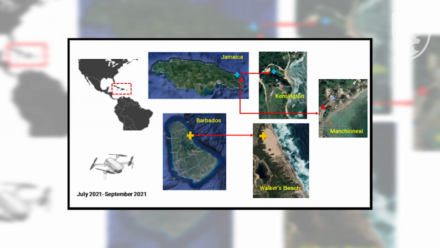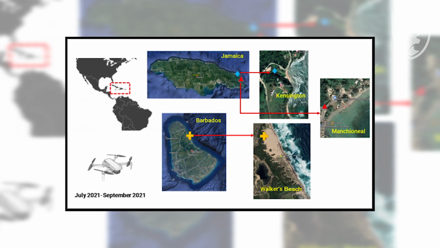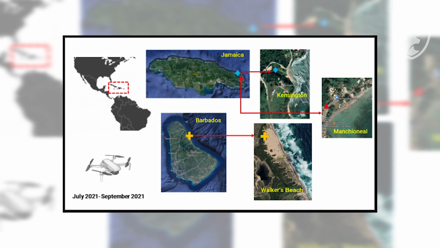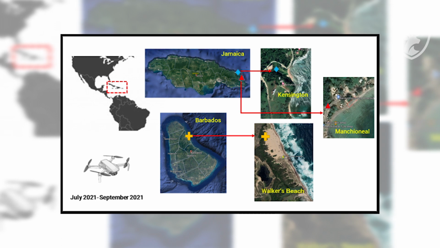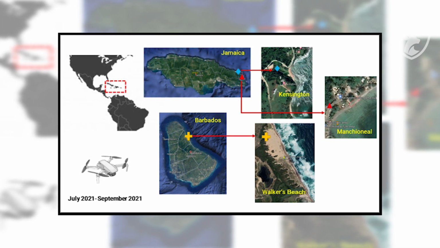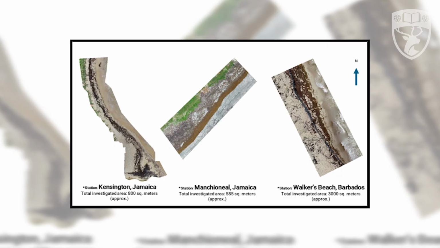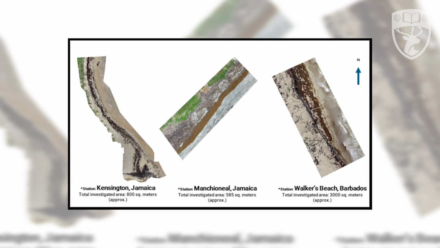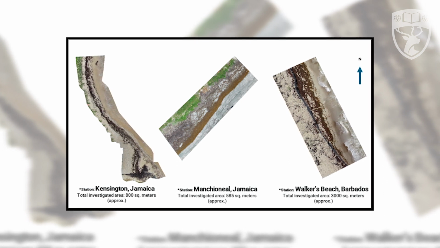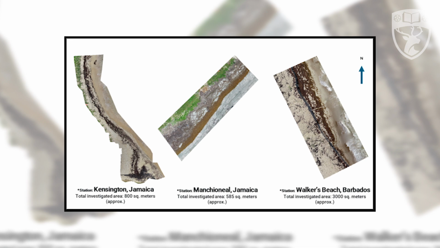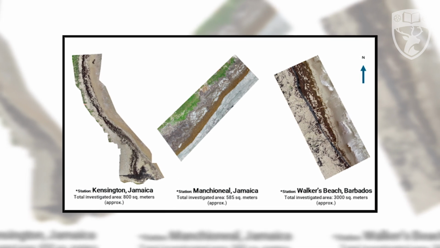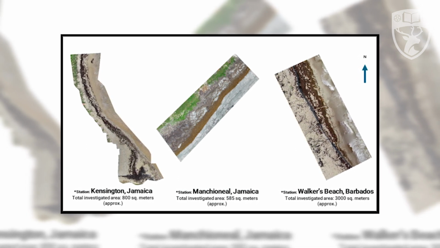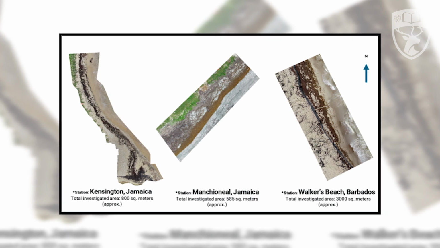So we look into Barbados and Jamaica, and try to explore the power of drone images for automatic classification of the amount that is being beached. These are the three areas you see: Kingston in Jamaica, Manchioneal in Jamaica, and also Walker's Beach in Barbados. All of these were constantly monitored, and that gives you the ability of utilizing just off-the-shelf drones to collect this